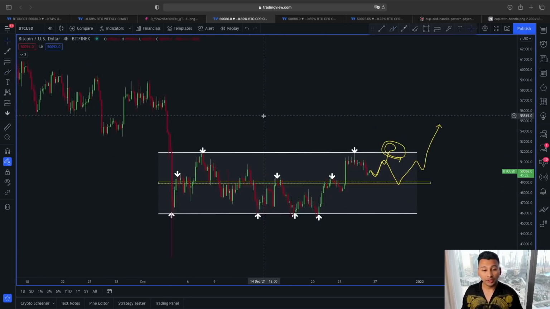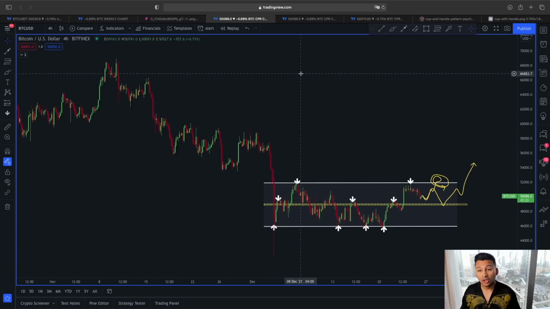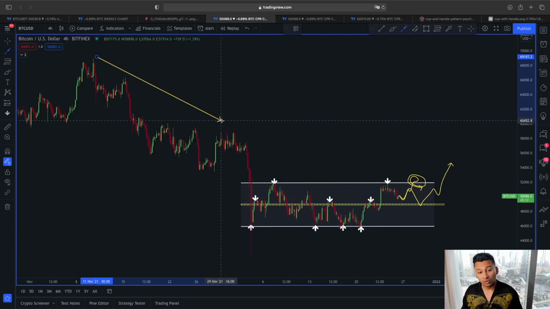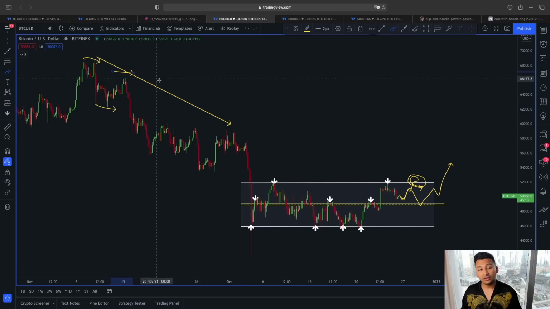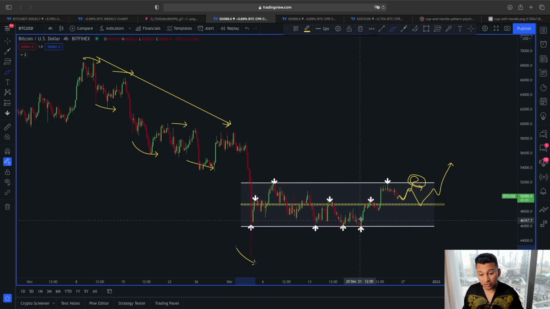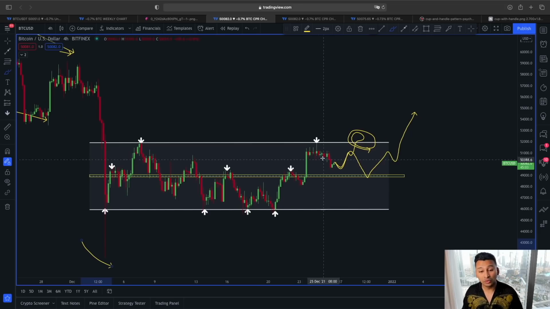And not just only this one here guys, if you look at this trend here as a whole, when the price of Bitcoin was heading here to the downside, we were clearly making this lower highs, lower lows continuation pattern type of scenario. But now you can see the trend has started to change. So this is a higher highs, higher lows continuation pattern. So that is the reason why, if this is going to be an actual reversal here to the upside, then this upper line resistance around 52,000